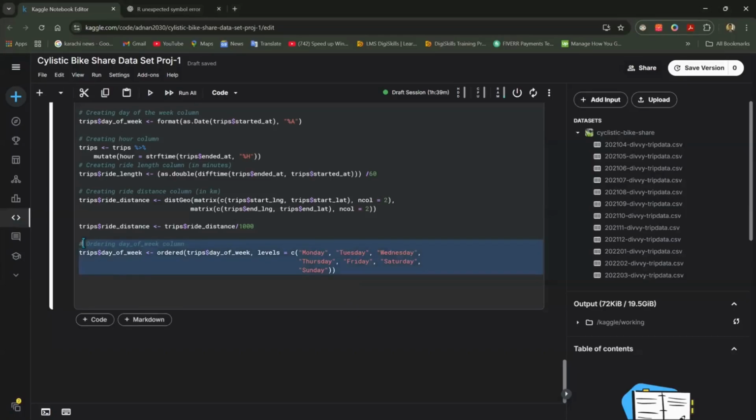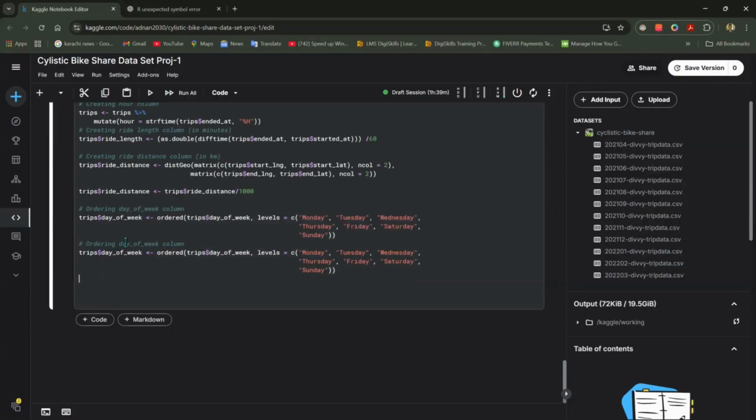So guys, after this, I'm going to copy it again to save time, and we are going to do it by month. Okay, so we are going to change the comment to month, and we are going to do the same process, except we are going to make a little bit of amendments here. It's going to be month, it is levels, and here we are going to write the names of the months: January, Feb,